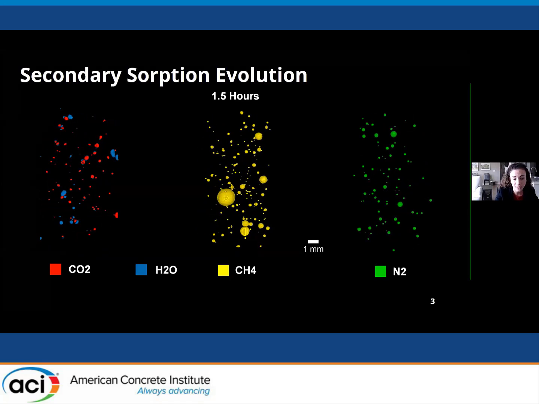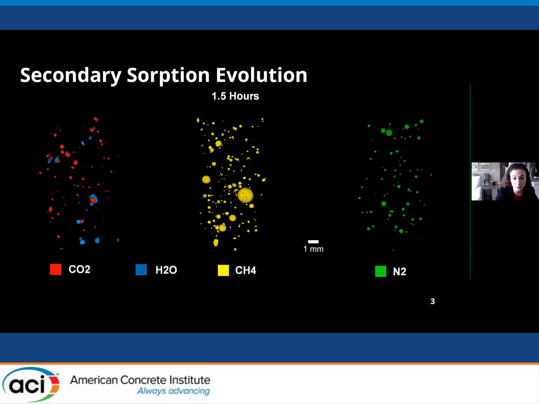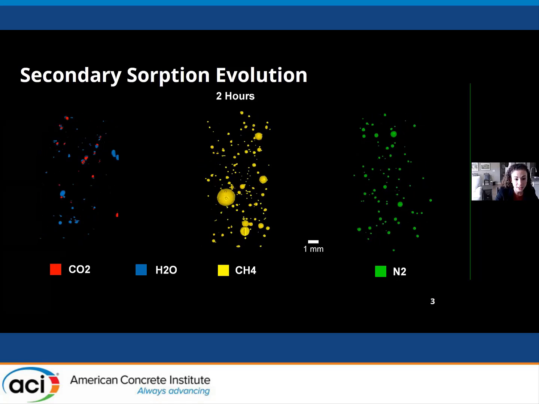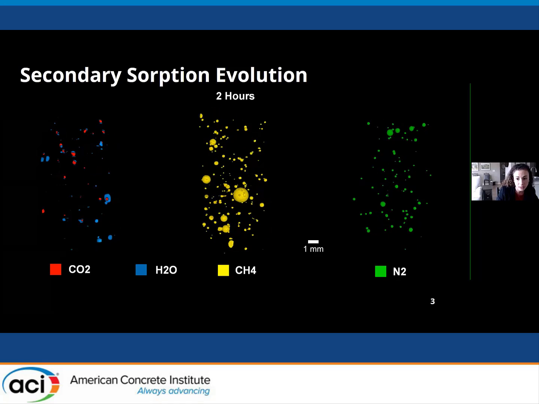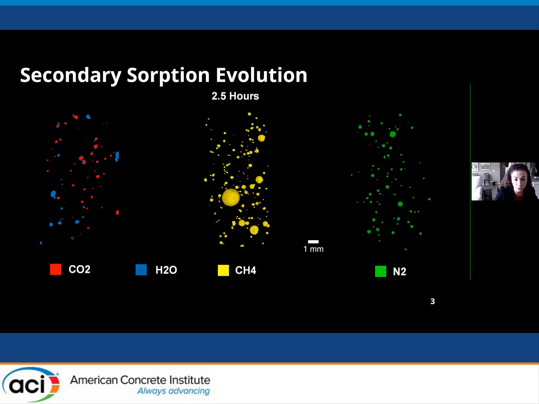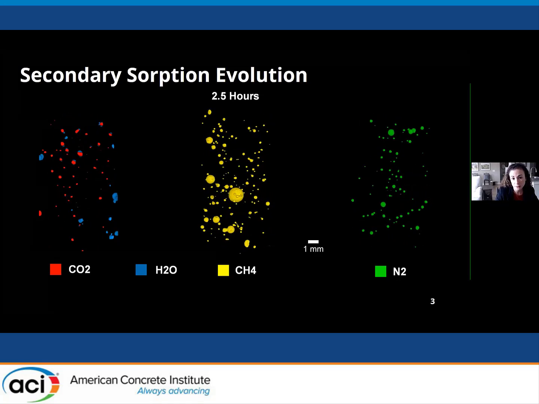And so the main takeaway so far were these were observed for nearly an hour and a half at this point, and we're only seeing water advancement in the CO2 filled system. We haven't seen any water advancement in methane or nitrogen. And this is well into 2.5 hours. And then even by 6 hours,